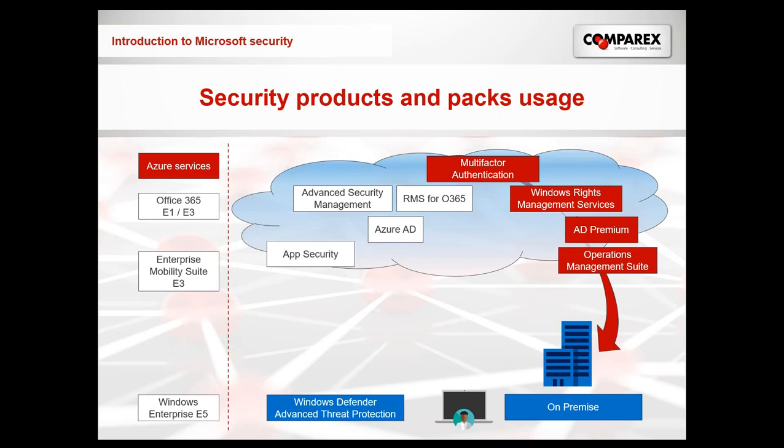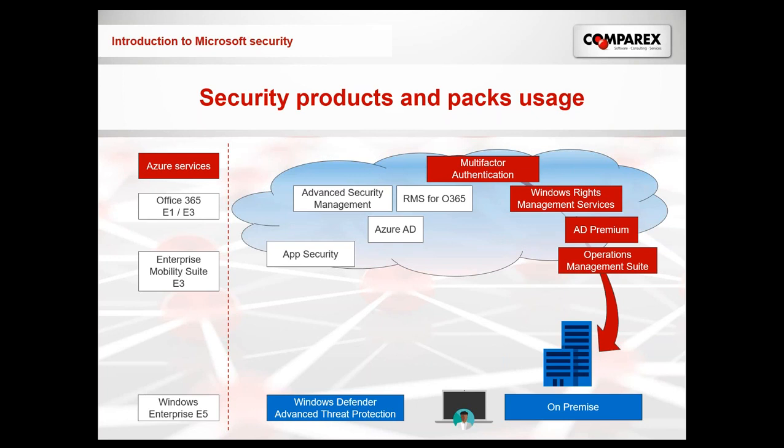All right, Enterprise Mobility Suite comes in two different editions, Plan E3 and Plan E5. In Plan E3, there is a Cloud App Security feature supporting you with information on apps in the cloud.